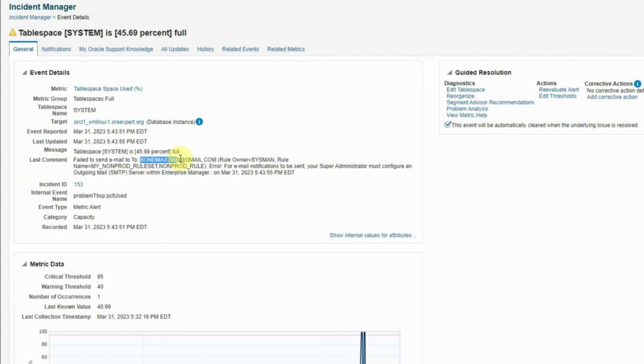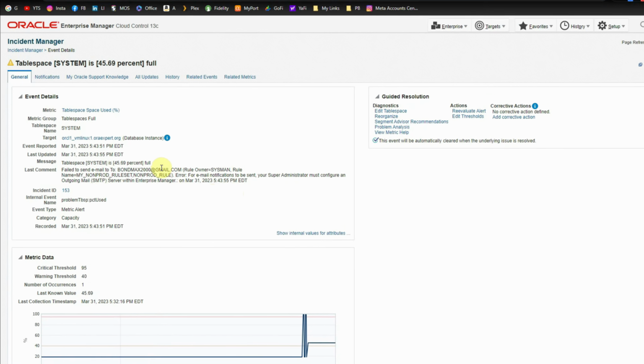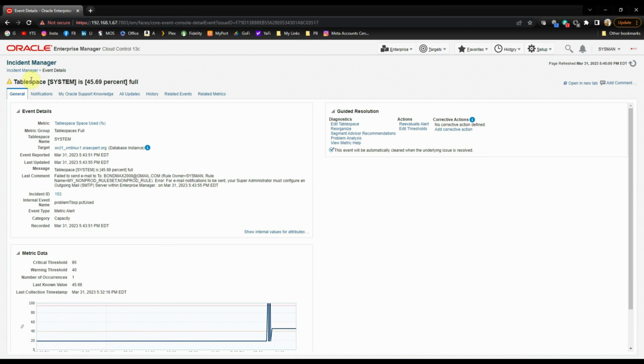It was not able to send the email to this particular email ID, and the rule name was my non-prod rule set. Under this rule set, that is the non-prod rule. So everything else is as expected. The only problem here is it is not able to send the email, which we are going to fix very soon. Now what we are going to do to clear this event, we will go back to